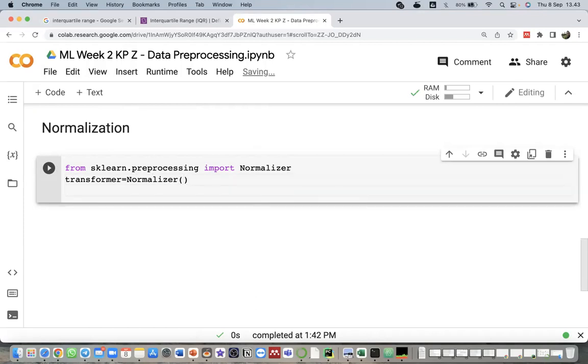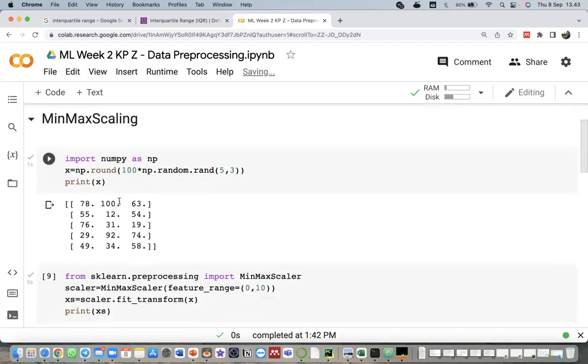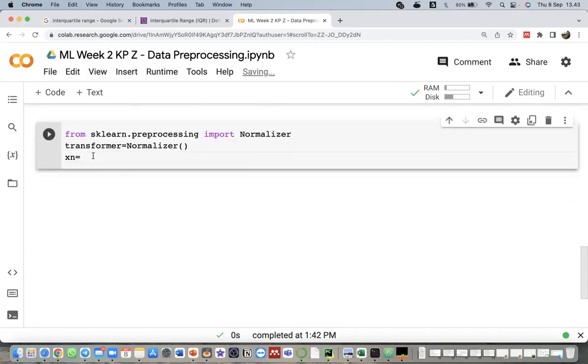Then I create a new variable Xn, X after we normalize it, using the same X as our previous X. So Xn equals transformer.fit_transform(X).